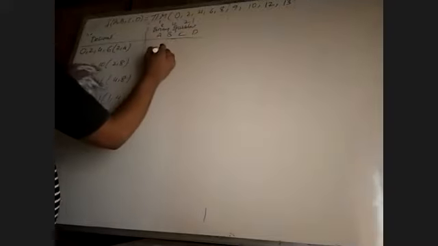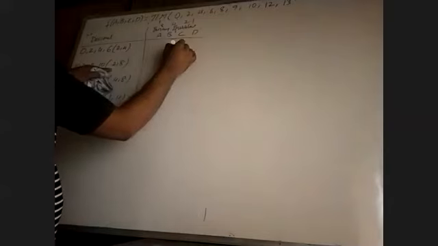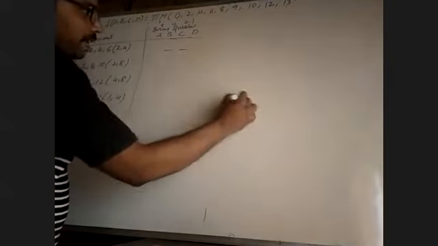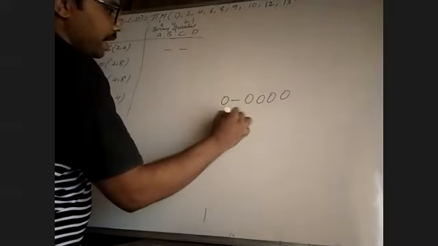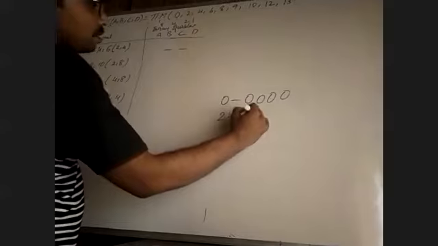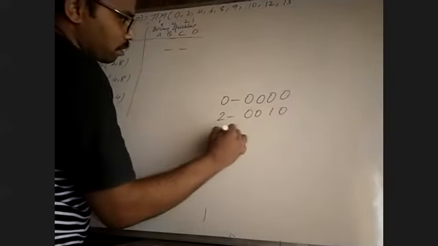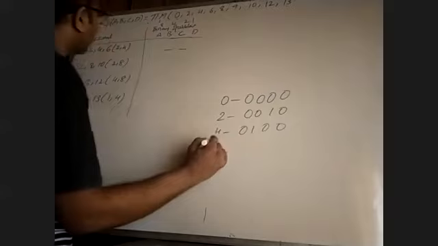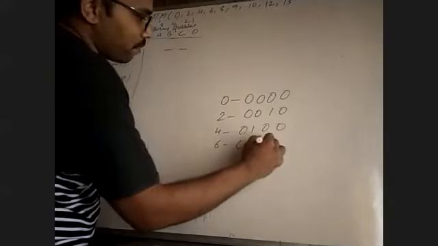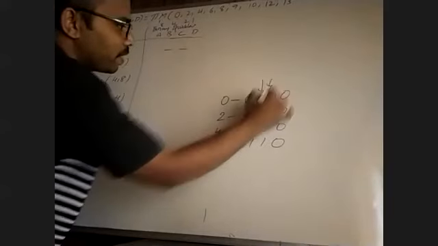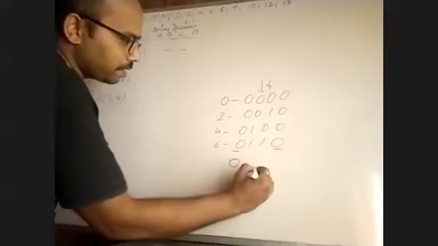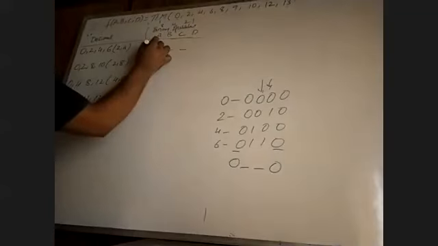We are having the 2 and 4 now, second position and fourth position. For the first one, we have to fill these two. When we identify the numbers, we have to write the binary equivalents: 0 is 0 0 0 0, 2 is 0 0 1 0, 4 is 0 1 0 0, 6 is 0 1 1 0. See, this is varying and this is varying. The constant is 0, 0. That is 0 dash dash 0.